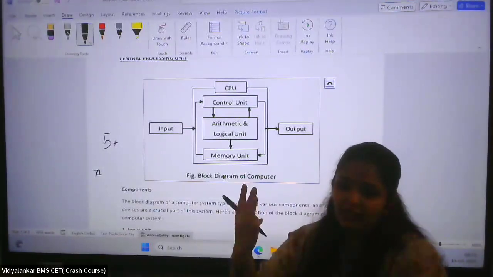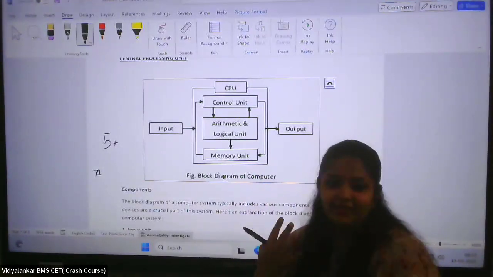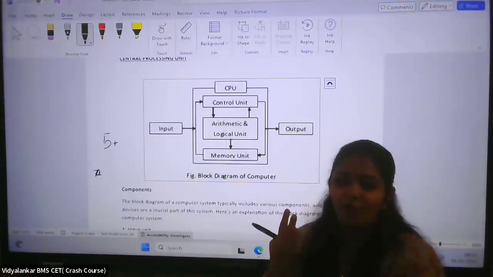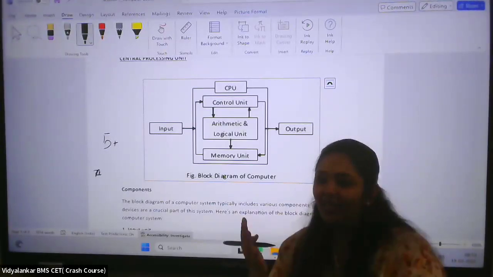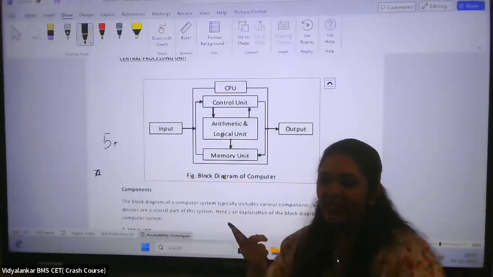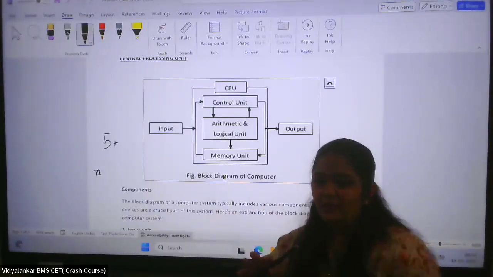बस की कितनी कैटेगरीज देखी? माय एमसीक्यू हैज 2 ऑप्शंस, 3 और 4. बस की कितनी कैटेगरी देखी? 3. विच आर दोस 3? डेटा, एड्रेस एंड कंट्रोल. डेटा बस क्या करता है? बाय डायरेक्शनल, मतलब डेटा स्टोर या कैरी करने का काम करेगा.